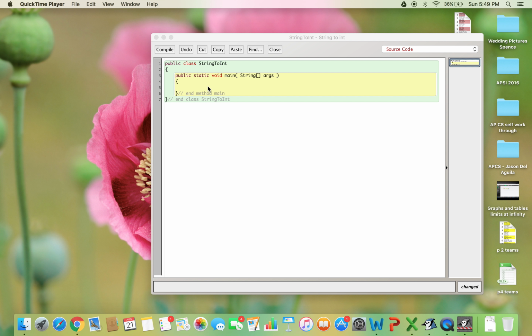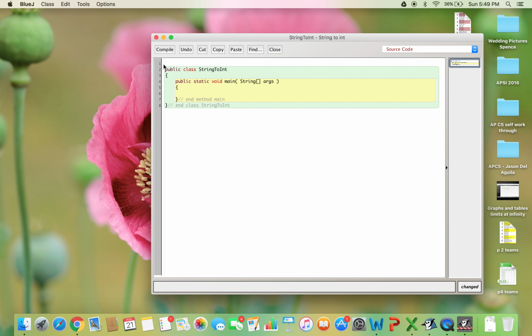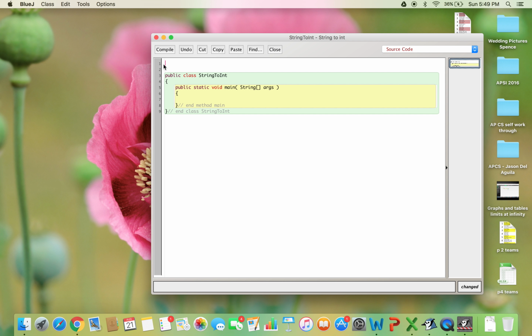In this video, I want to just review how to scan a string and then convert it into an integer or a double. So the first thing that I need to do is import the scanner class,